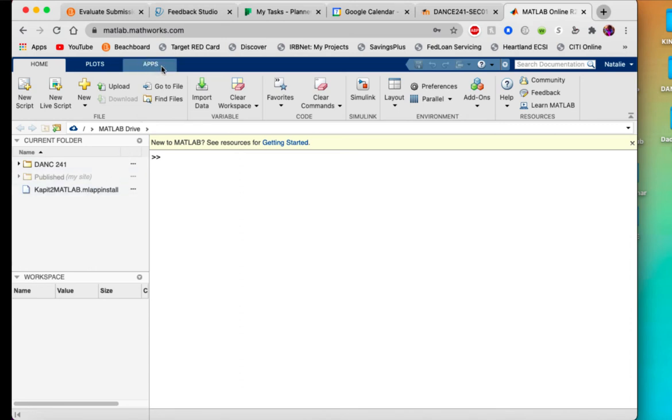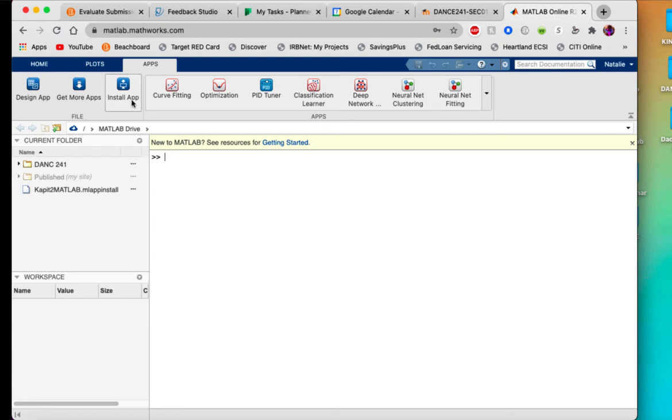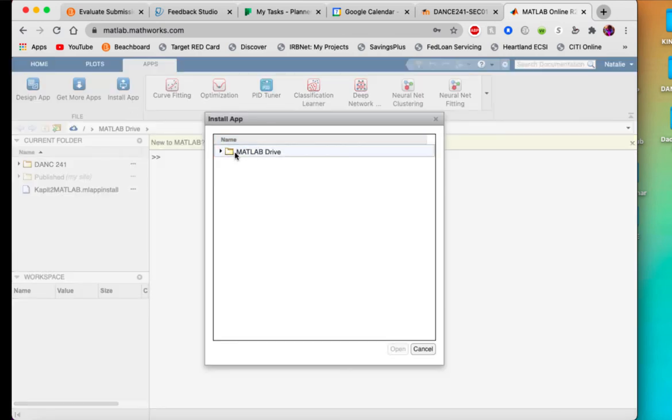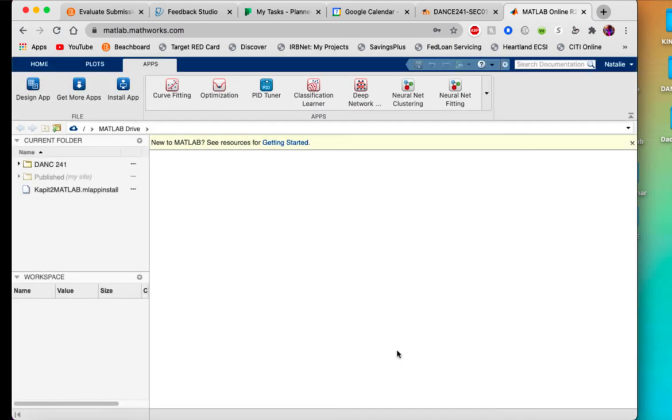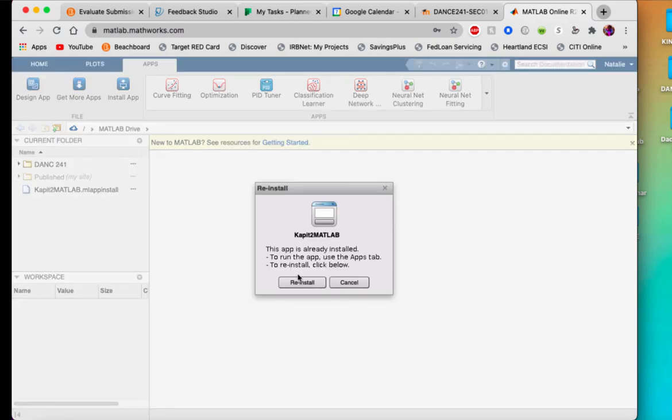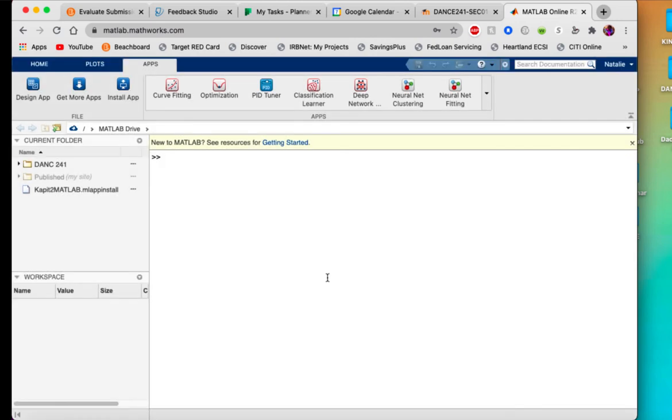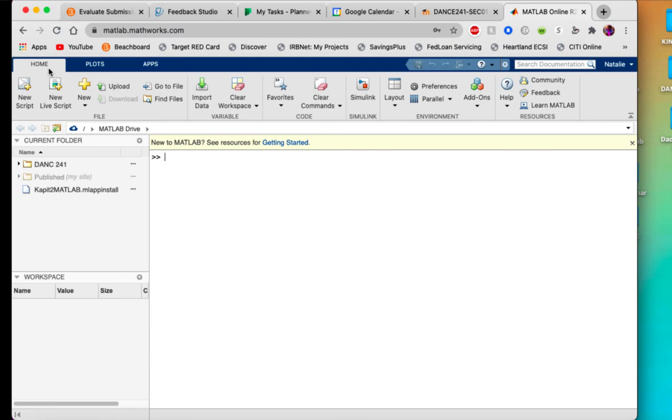From there, I go to Apps, I go to Install App, and then it's located in the MATLAB Drive, so you just choose that file. And then we can click on the installation package. So we'll click Open. Again, I already installed mine in MATLAB, so I'm not going to reinstall it, but you go ahead and install yours. Basically, from here, what you do is go back home, and you'll want to make sure that you upload